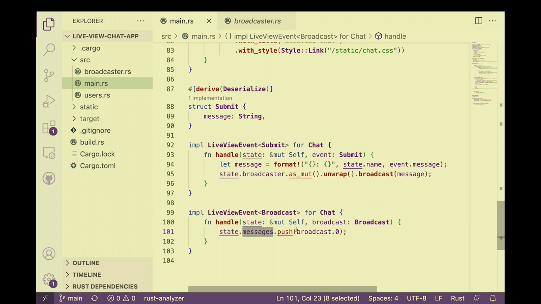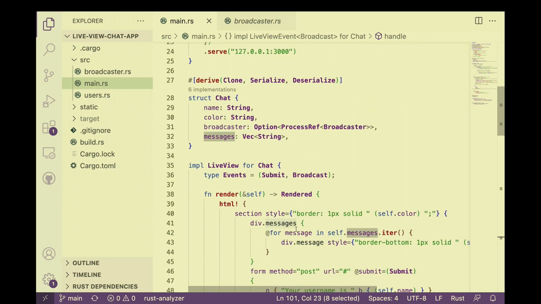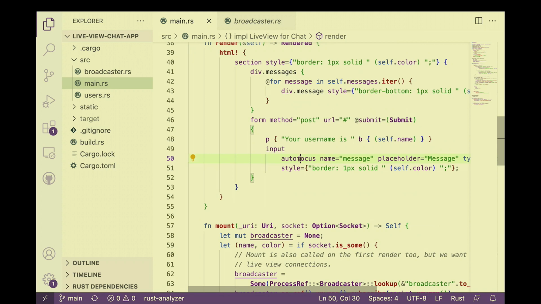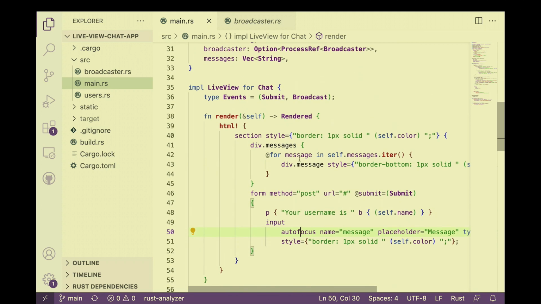Once we modify the state, the re-render method reruns automatically, re-renders the new state, and just sends a diff of the HTML that changed to the front end. So it's really optimized to minimize the traffic between the back end and the front end. So you can write